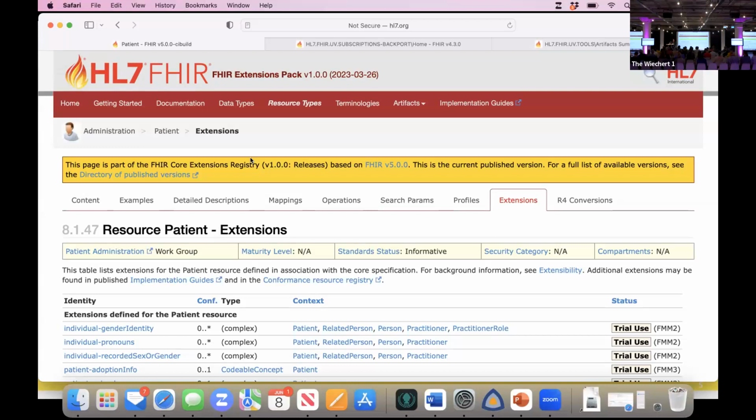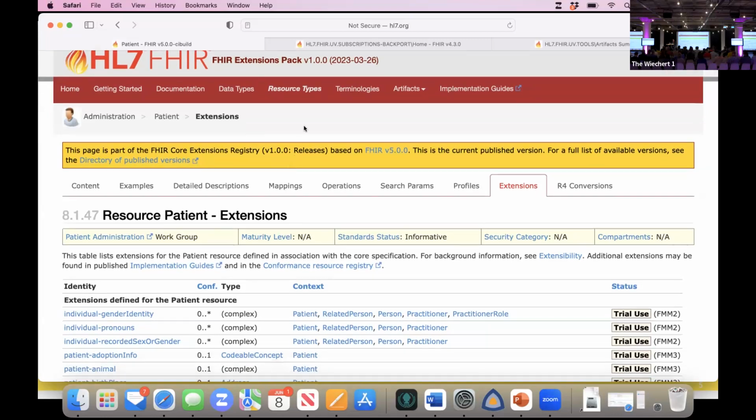Although you can define extensions in implementation guides and in the registry and in Simplifier, and lots of people do, there's a very definite significance of having extensions defined on this page. Many more people are going to find them and use them. And they have more approval based on what HL7 thinks about them.